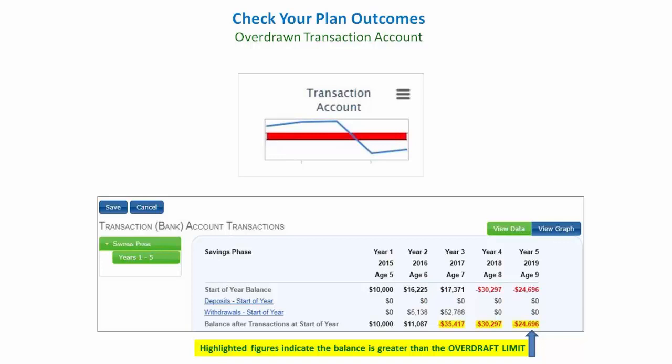The facility is displayed as a red bar across the graph. Once your withdrawals go beyond that limit, the bank is going to say no. This is one time financial mappers cannot automate a response. It will simply display the information on the graph and in your data view so you can determine where the